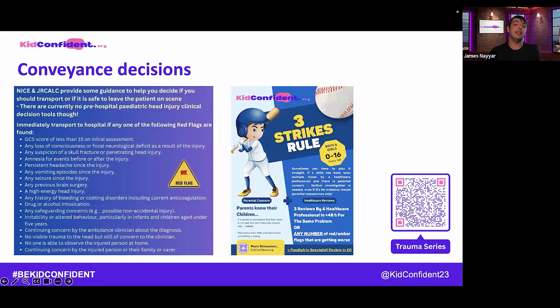They know their kids better than anyone else, and if they're worried and they think that they're not normal, and even if they've been reassured by one person or two people, and they're asking for more reassurance and review, then it's probably justified to take them in. I personally don't know any paediatricians who would be upset reviewing someone because of parental concern, and I think that's an important thing to reassure you guys, that you shouldn't be blasted for taking someone in because you're concerned or a parent is concerned as well.